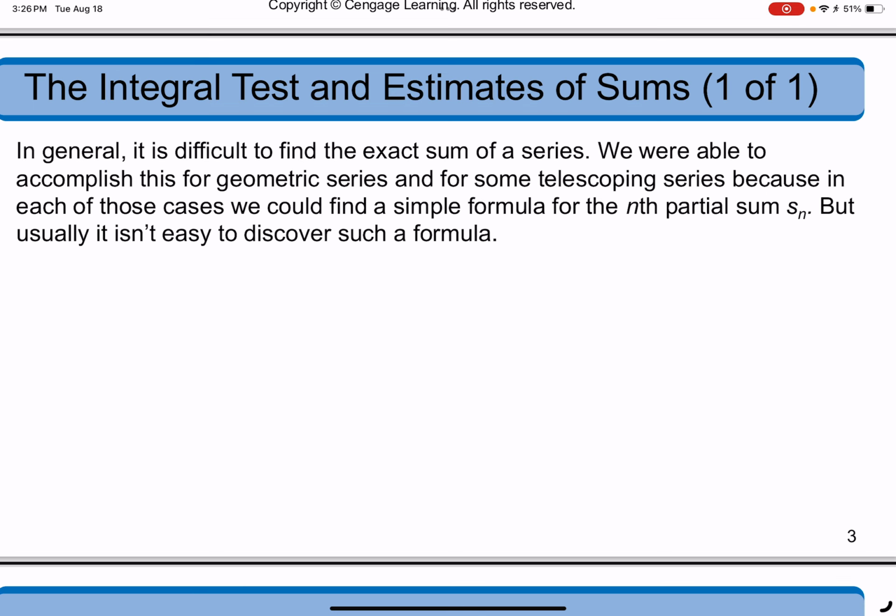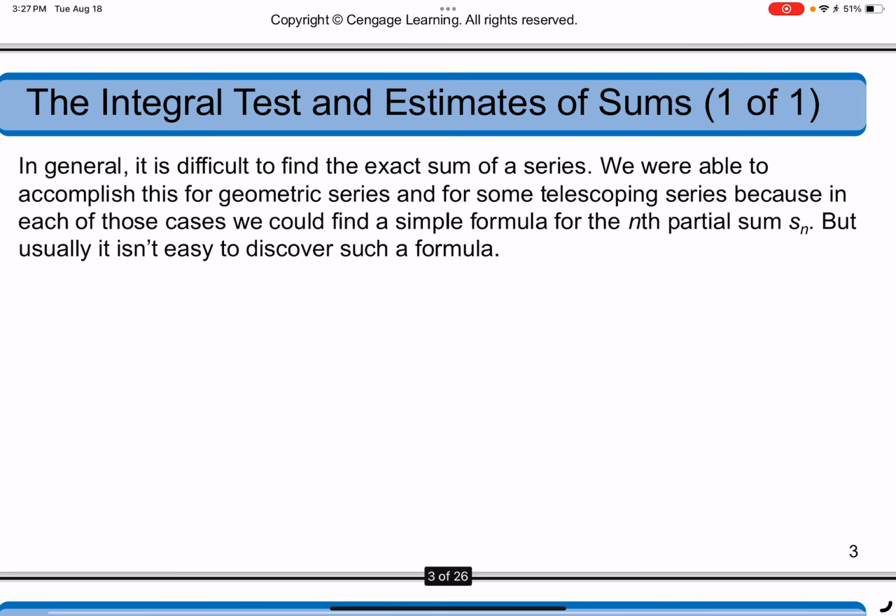So in general, it is difficult to find the exact sum of a series. We were able to accomplish this for geometric series and for some telescoping series because in each of those cases we could find a simple formula for the nth partial sum S sub n. But usually it isn't easy to discover such a formula. So take note that for geometric series, the formula is